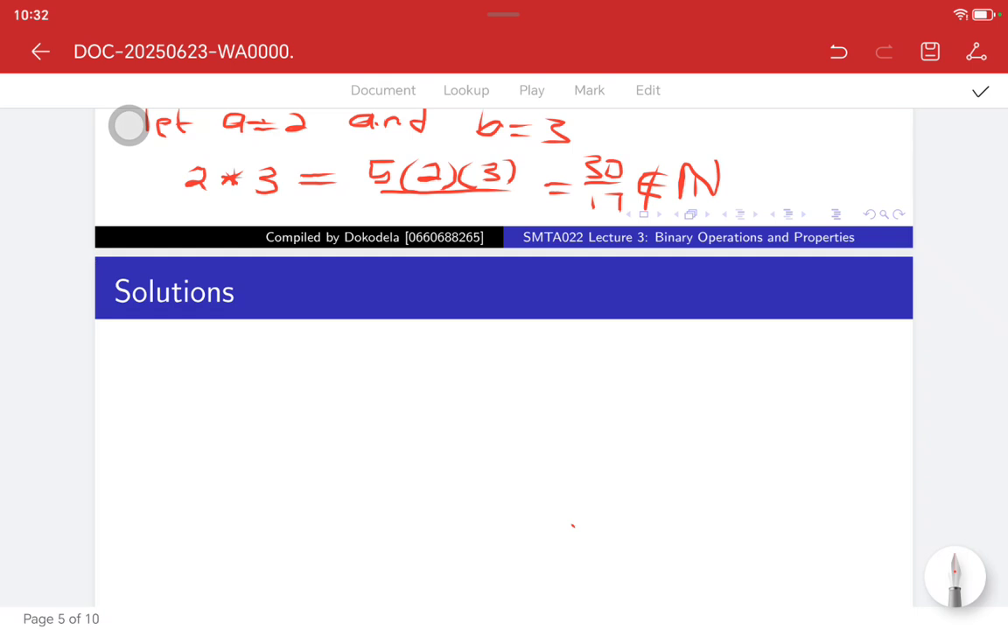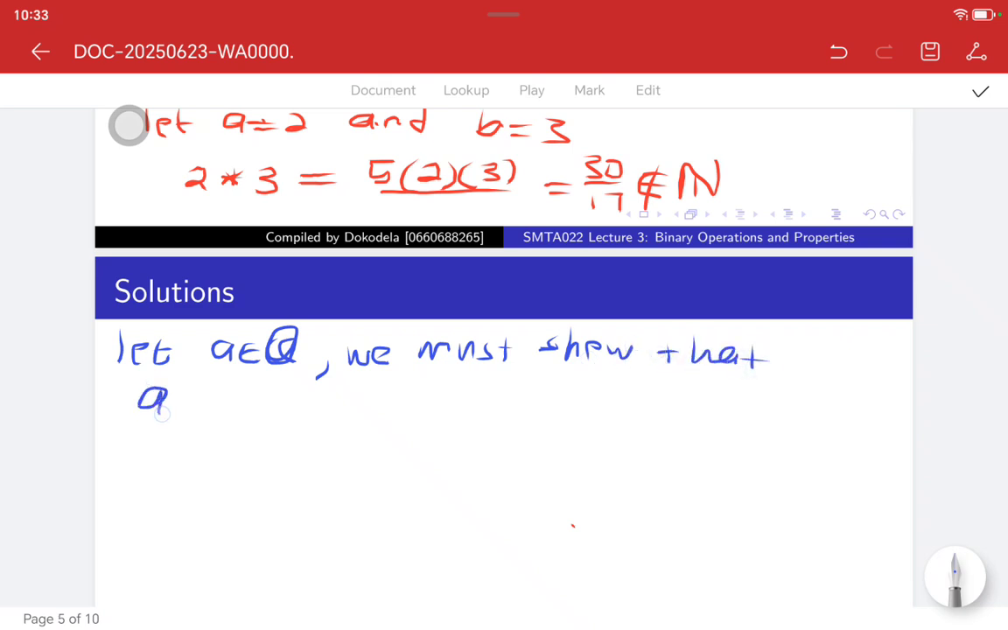So for the inverse, we must now say, let A be an element of Q, because here we're dealing with Q, we agree. So for us to show the inverse, what we must show is